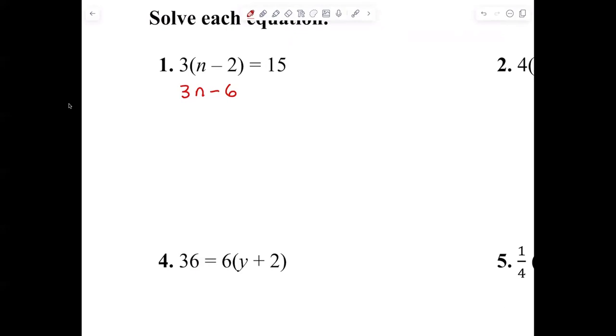All right, 3n minus 6 equals 15. Now we're right where we were yesterday. I do what to both sides? Go ahead. Add 6. And 3n equals 21. And now what? Divide by 3. n equals 7. Now I want everybody to look up because I'm going to allow you to skip a step